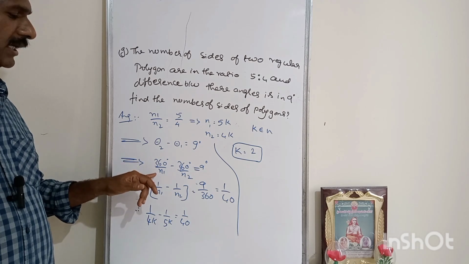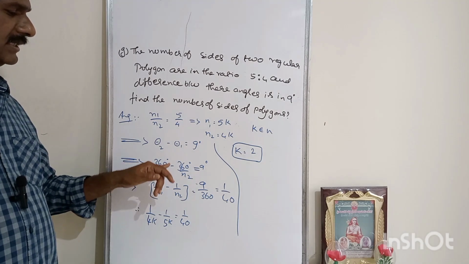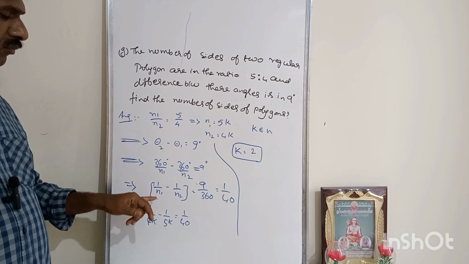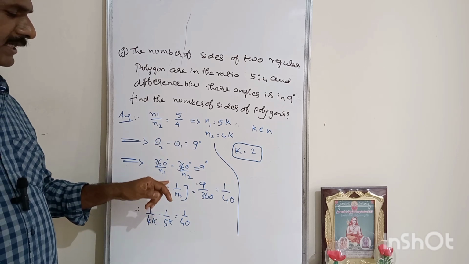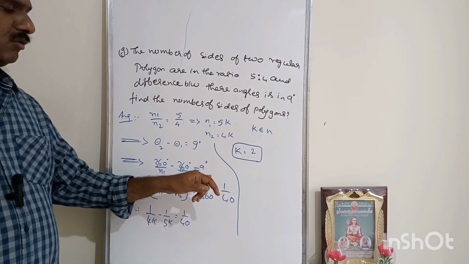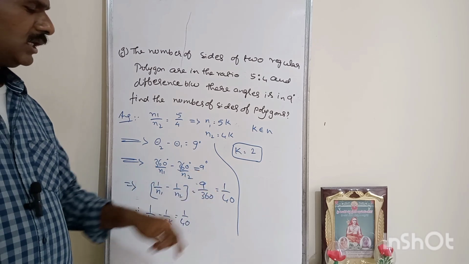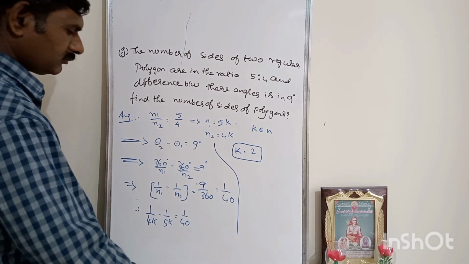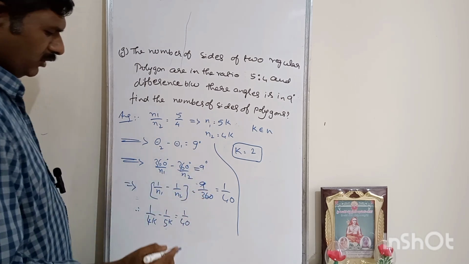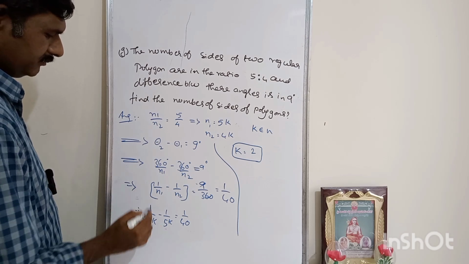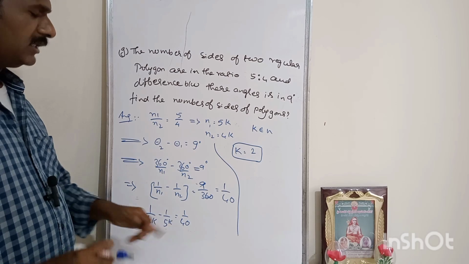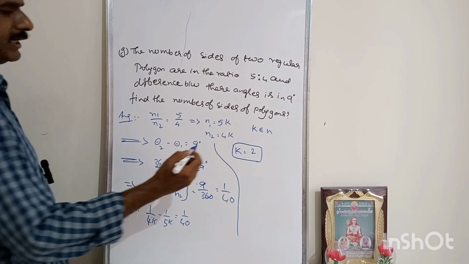Therefore, 360 by n2 minus 360 by n1 is equal to 9 degrees. Therefore, 1 by n2 minus 1 by n1 is 9 by 360, that is 9 ones are 9, 9 40s are 360. Therefore, 1 by 4k minus 1 by 5k is equal to 1 by 40. Therefore, k is equal to